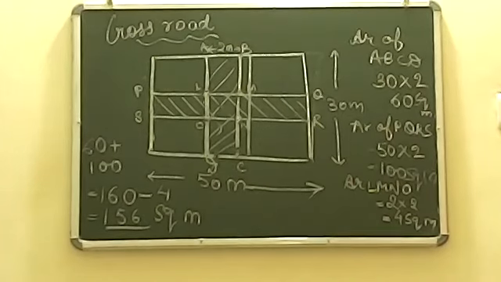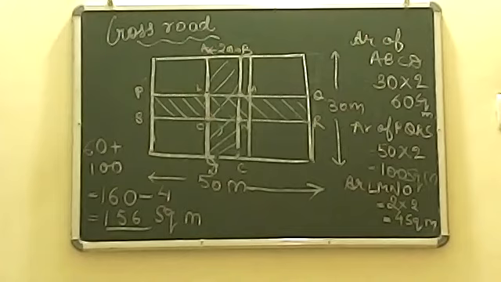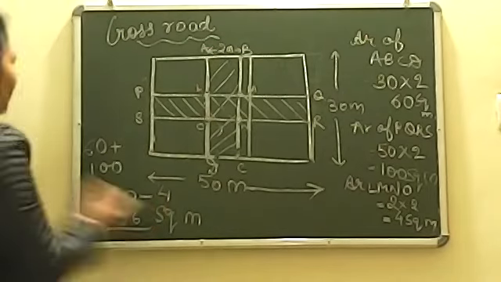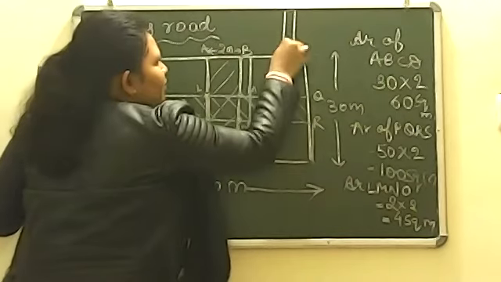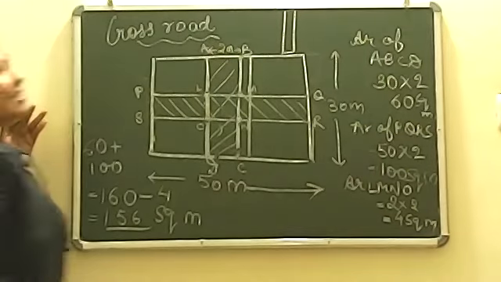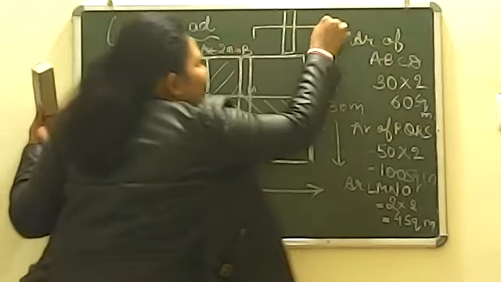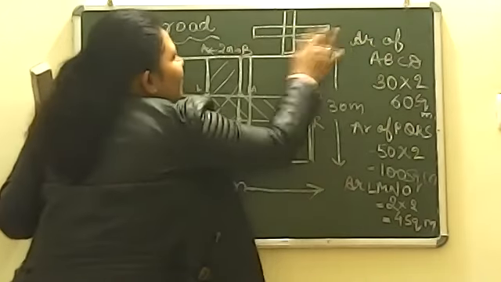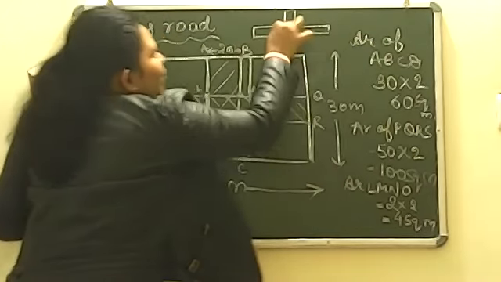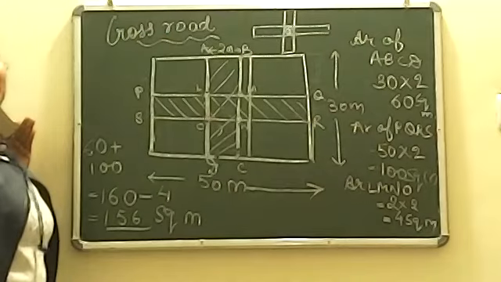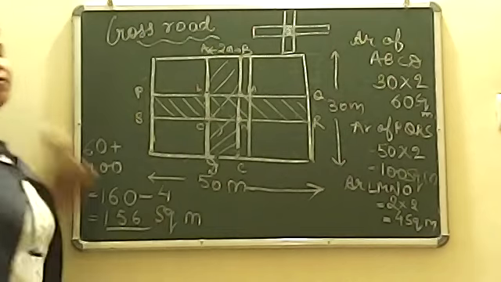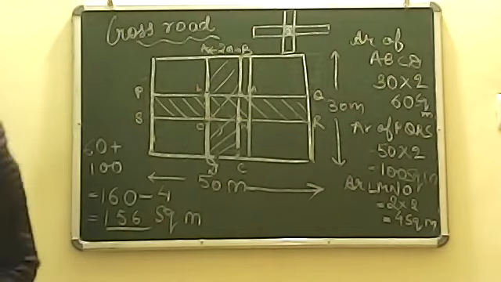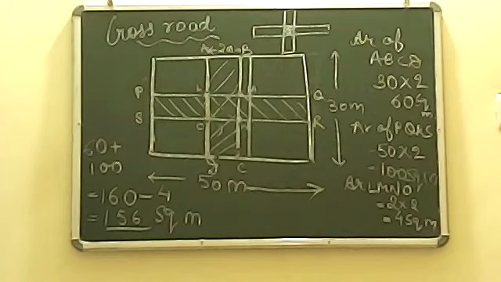I am showing you with the help of an example and you can leave now. Okay, then see, look at this figure. आपने सबसे पहले ये वाला रेक्टेंगल लिया, ठीक है, ये पोर्शन था. इसके बाद आपने इसको ये वाला पोर्शन भी ले लिया, ये देखो. सो बेटा ये वाला तो कॉमन आ गया ना, ये वाला तो दो बार ऐड हो गया. Which portion I am shading, it is adding 2 times and we want only 1 time, so that is why we are subtracting it once. So this is the main concept, how to find out the area of crossroads. That's all for today. You can leave now.